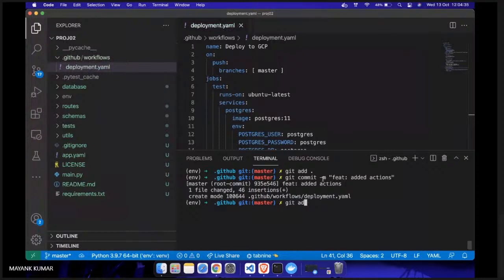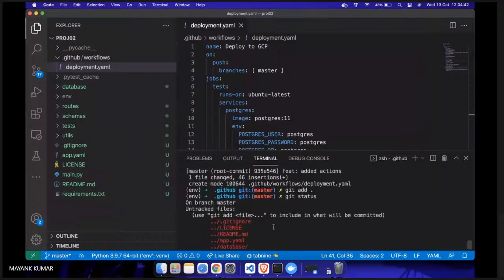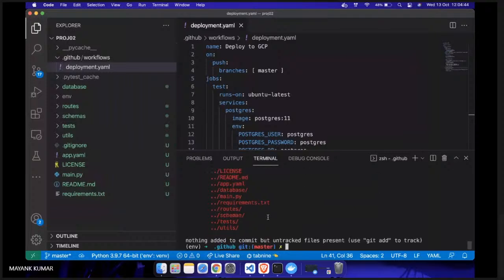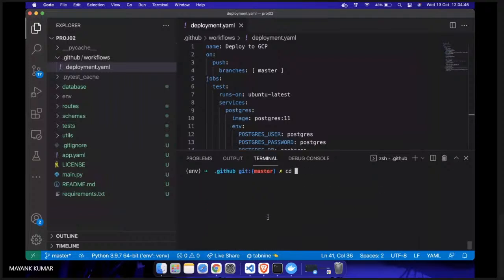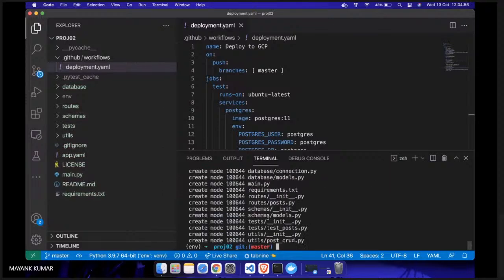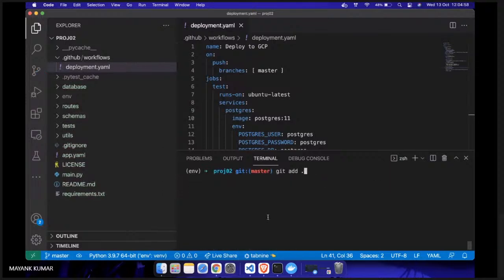Git add, git log, status. Okay, there is something else also. Okay, yeah. Now we are in our root directory, and now we have to add the code. And now everything has been added to our local Git repository. Now what we have to do is git push origin master. We are pushing to the